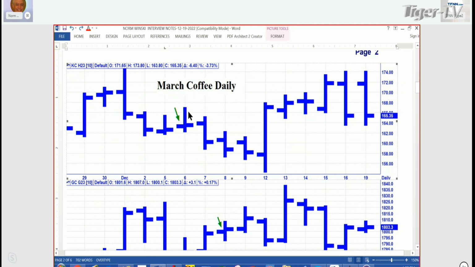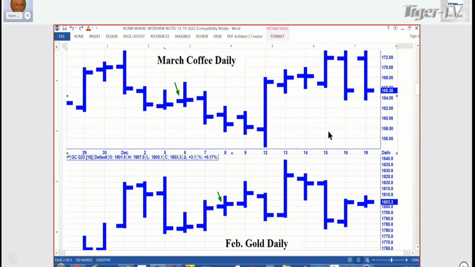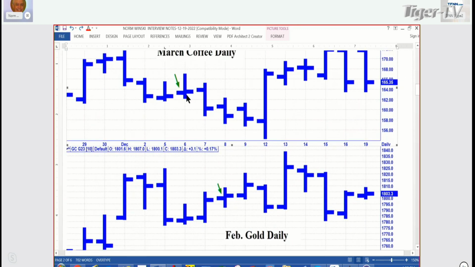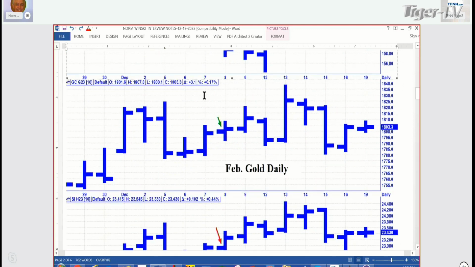But that's the deal. So if you sold there and it went down, down, down, I think it dropped quite a bit. And I'm sorry, I take it back. This is about a $1,000 move here. This is about $3,700 there. Okay, anyway, so you had a chance to make some money on the coffee.